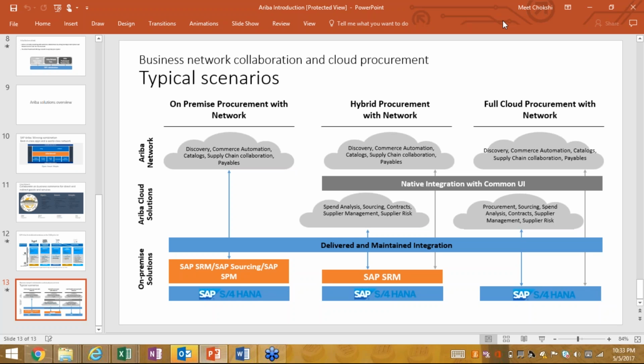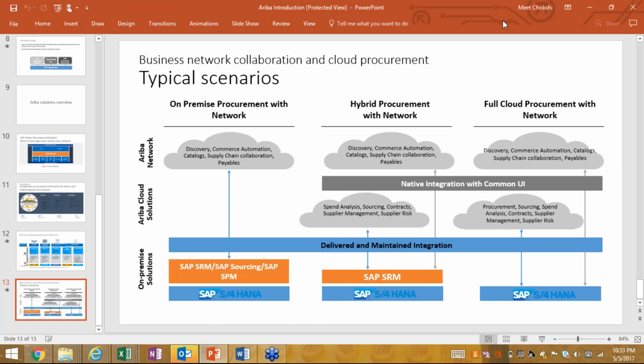That is correct. And what about the transaction data? Whatever transactions will be performed for day-to-day activities in Ariba, the same data will be replicated into ECC. Is there any difference? I mean, only for certain cases will data be moved from Ariba to ECC, or in all cases? How is this going to work?